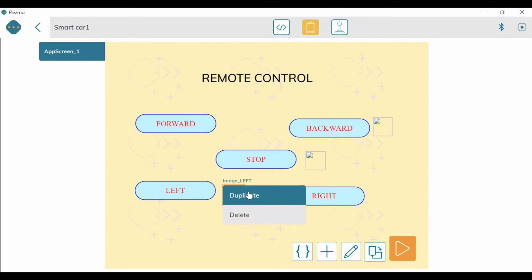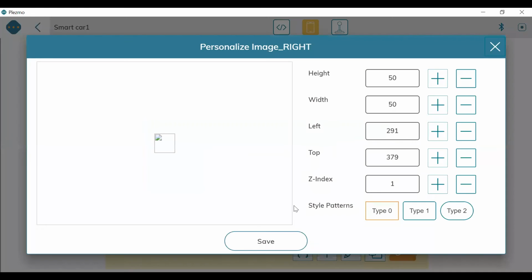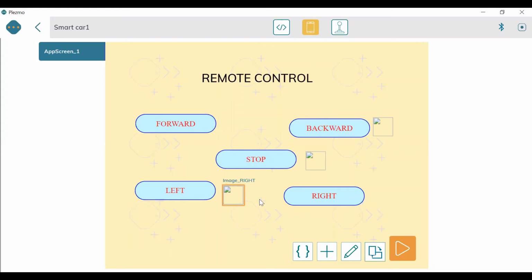And then the last one is right turn. Okay. So all 5 images are here.